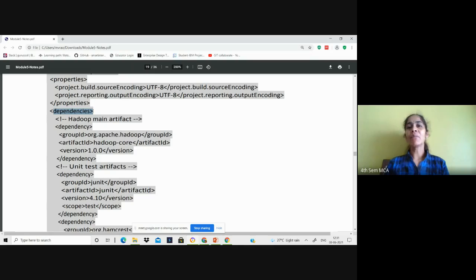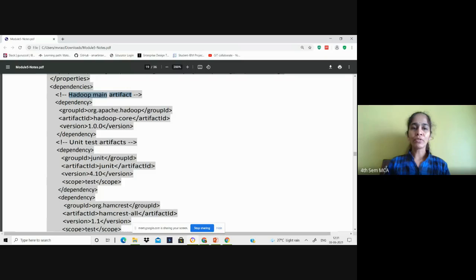Remember, you're writing a Java MapReduce job, but how can you make sure that it is compatible with the Maven environment? By using these dependencies, by keeping these dependencies in place, by making your project point to these XML files to get all these dependencies in place in order to make your MapReduce job work in Maven environment, to show it as a complete project. Got it?